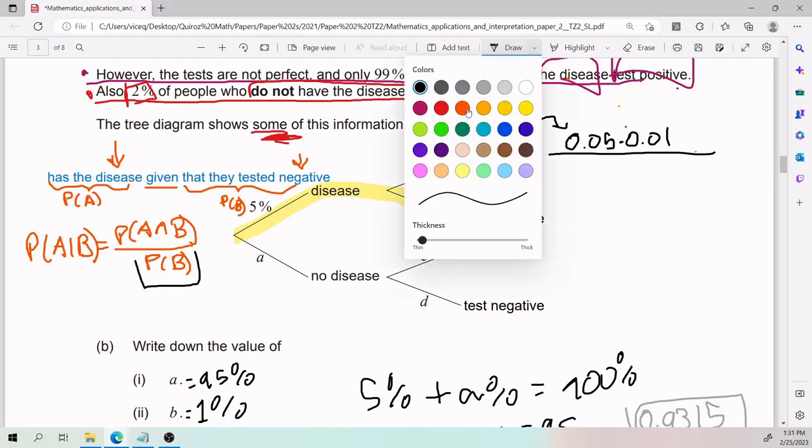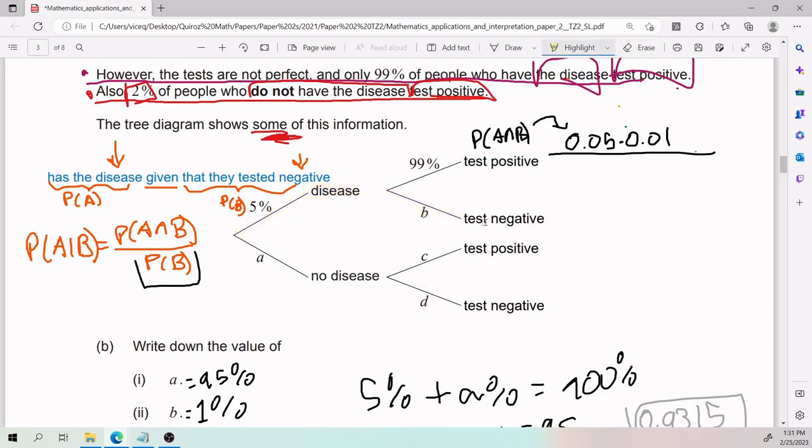What are the scenarios where they tested negative? We have this scenario that goes like this, tested negative, and we have the scenario that goes like this. They also tested negative going through this path here, which is actually what we did for part B. And we saw that we had to do A times C, A times D plus 5% times B. So if I write it out real quick, we end up with, on the bottom, 0.05 times 0.01 plus